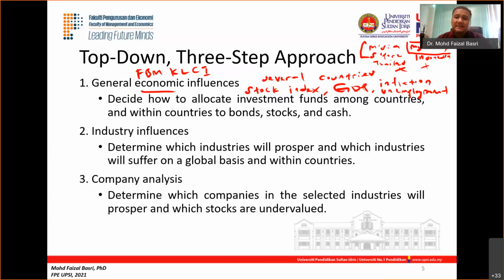We have multiple industries in the country, right? And you will identify which industries will prosper during that time and which industries might suffer during that time. So again, now is the best time to test the strength of the company during the pandemic. For example, during COVID-19,